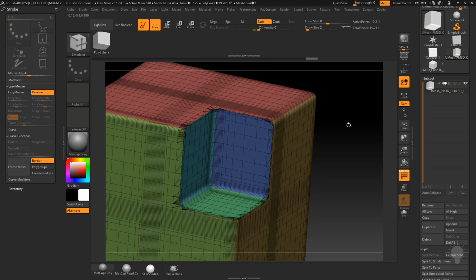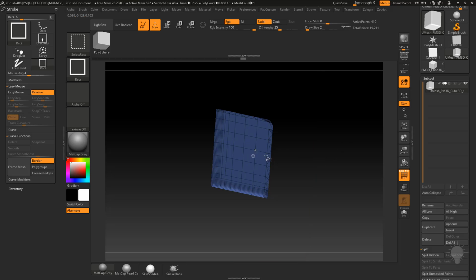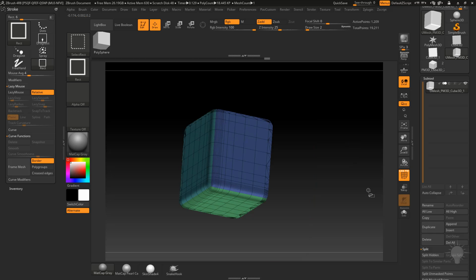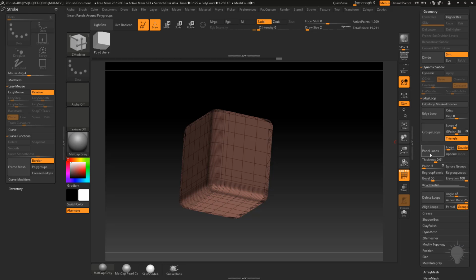You can also try giving panel loops a shot. So if I go in here and isolate these, once again, Control-Shift clicking, and then Control-Shift dragging to invert, and then adding these selections to our inverted selection, Control-Shift drag to invert again, Control-W to go ahead and make this all one polygroup. And now with this visible, we can go to Geometry, Edge Loop, Panel Loops,